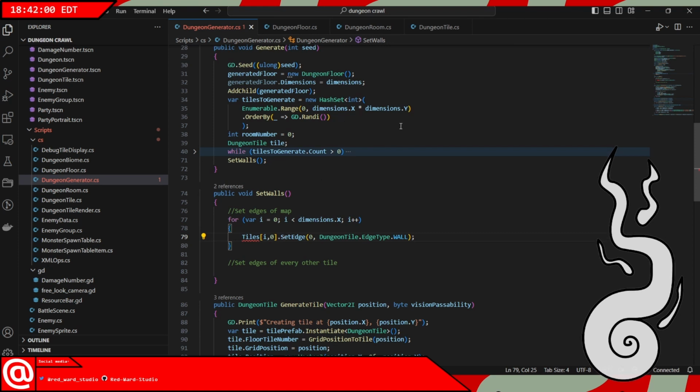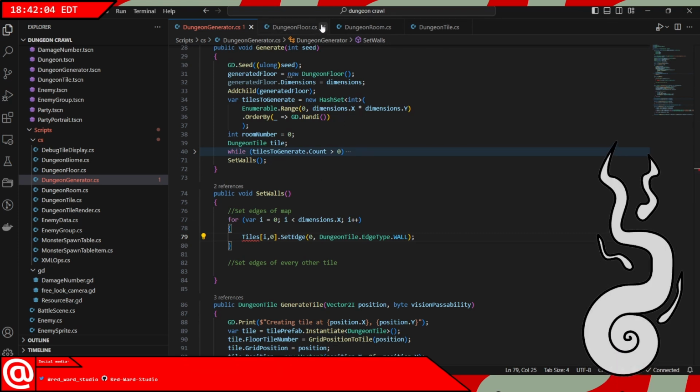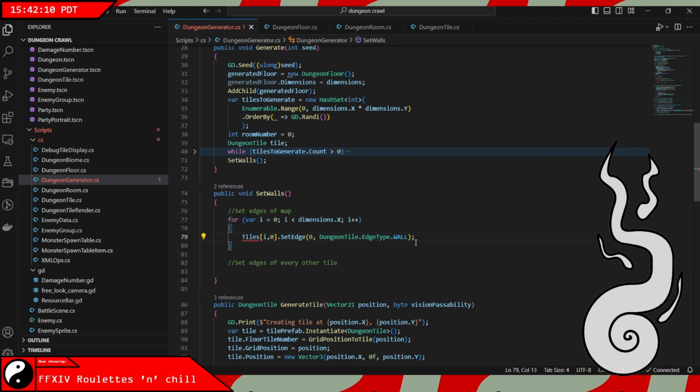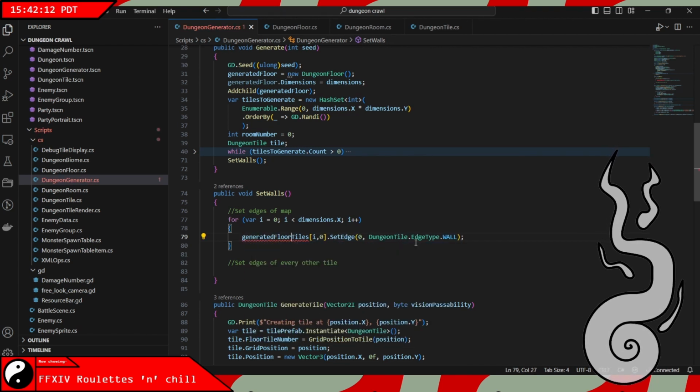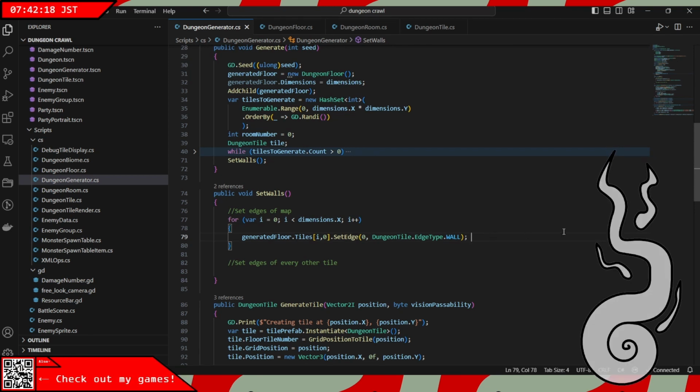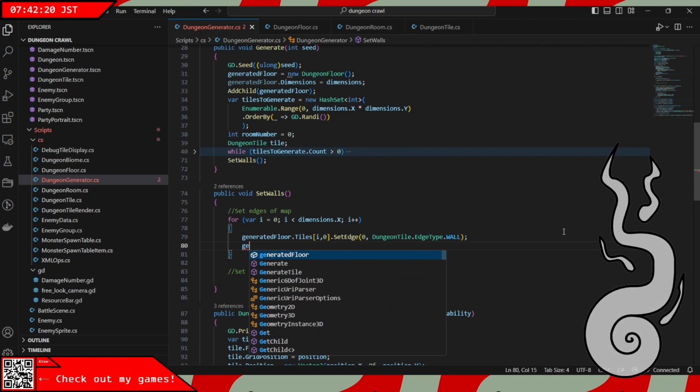The floor should just handle individual tiles. The actual generation of it will be put in this dungeon generator class. Generate floor tiles, set edge that, yes. Then